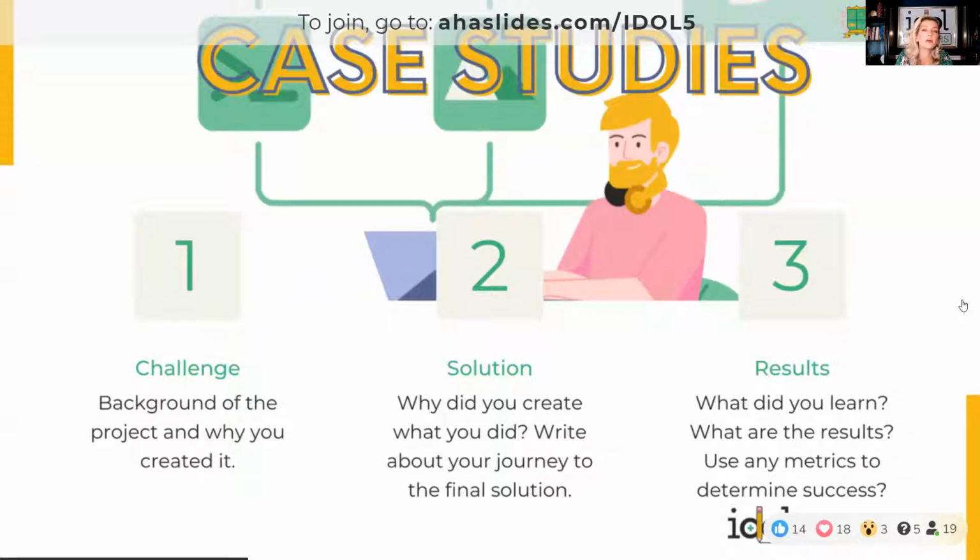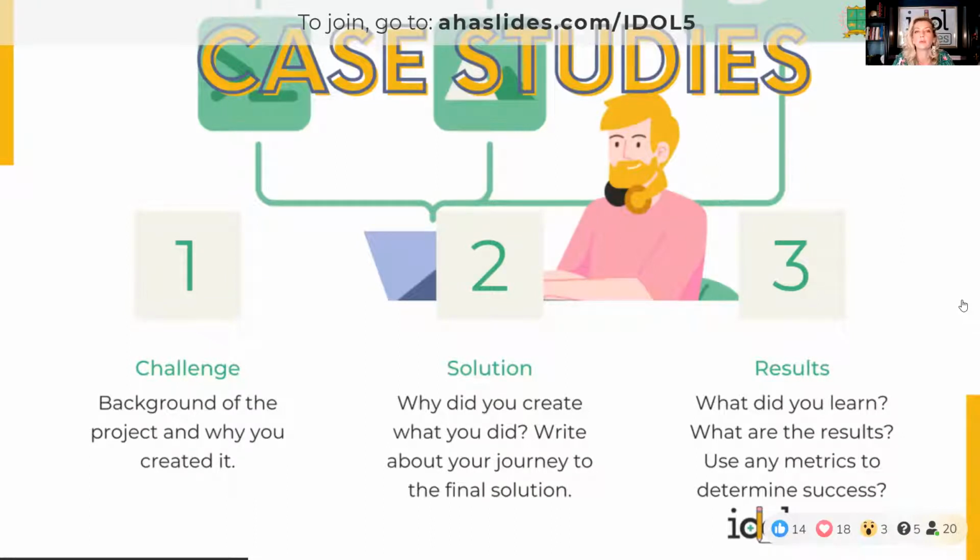So it's not just about can you make the things, but how do you think through what it is that you build and why. And so simply, the best way to write your case study is to write a challenge, right? What was the challenge? Why did you create this project? And of course you can say that it's for a fictional company, for my portfolio or whatever. That's totally fine. Just what would you imagine the challenge would be? Why is this type of course important?